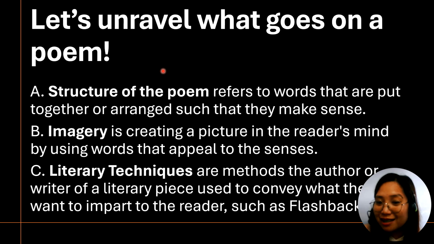Other literary techniques that we can also use are flash forward, and that is the opposite of flashback. So you're going to the future. You're going fast to the future. Another one, we have foreshadowing. So if you wanted to give a clue of what will happen next, you can use the literary technique foreshadowing. Then Deus ex machina. So you use godlike characters to help the protagonist. We call that Deus ex machina.